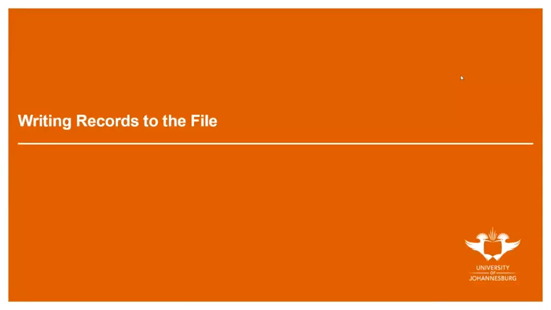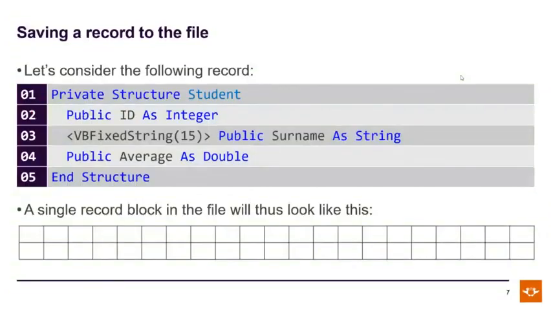All right, so let's get into the actual example. Over here we've got a record structure of a student, a fairly basic one. We've got an ID, which is of type integer. We've got a VB fixed string, public surname as string. Now, this will be something new for you. This VB fixed string,